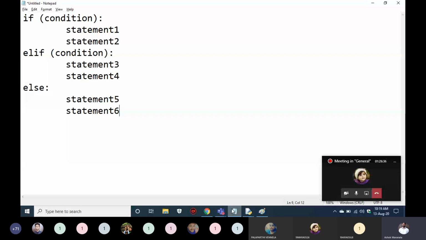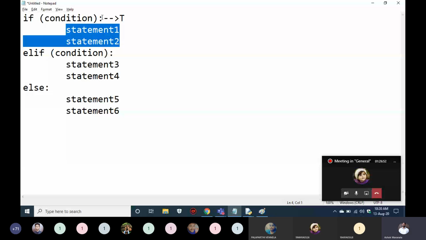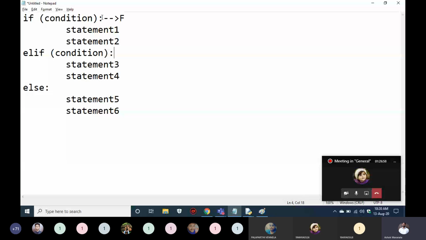If the condition is true, then it will execute all the statements that exist in this block. If it becomes false, now it will come to elif and check whether elif is true or false.